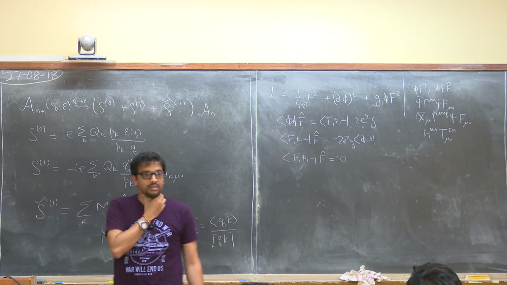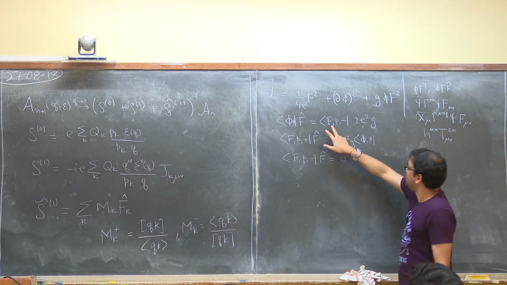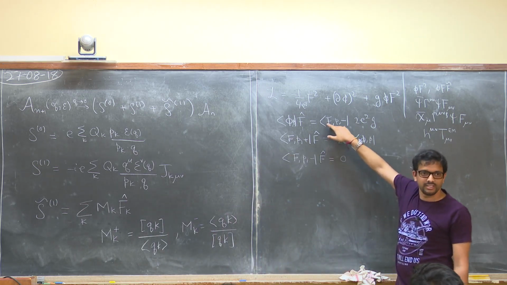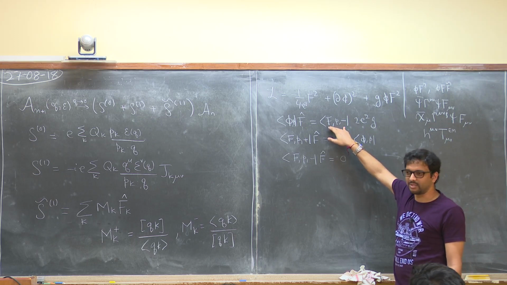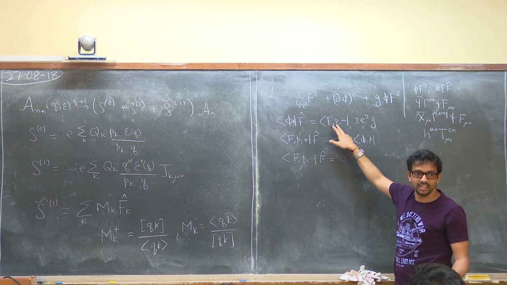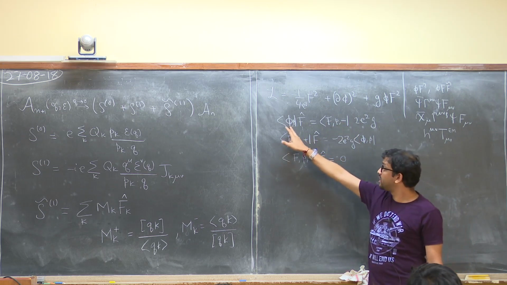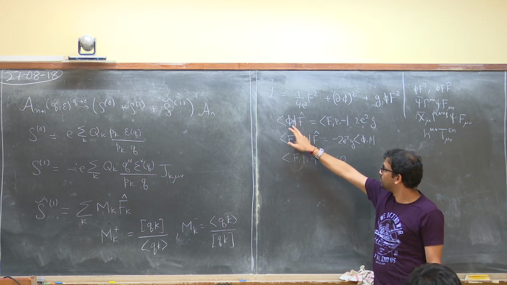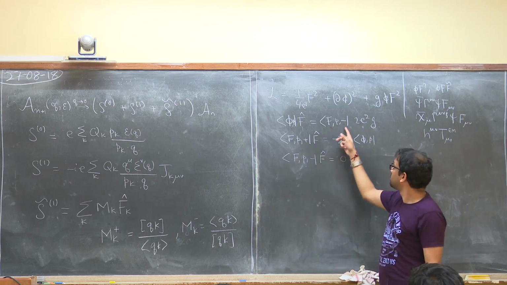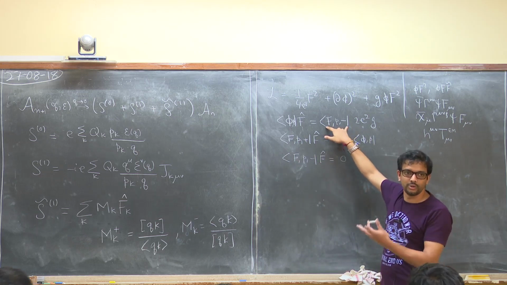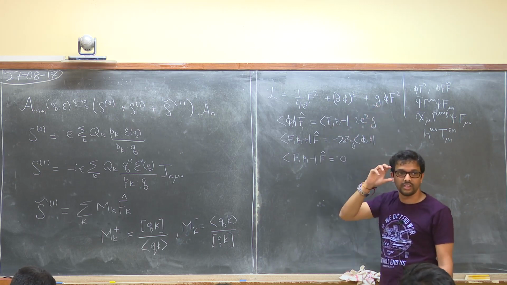So F is the field that creates the state. In this case, it's a photon, the field strength. I'm not writing A because it's not gauge invariant. P is the momentum of that state, and plus or minus is the helicity of that state. So this is a statement that a scalar state, which doesn't have any helicity, I should probably have written 0, when acted on with this operator F hat, gives you a photon with minus helicity. So this part we already knew using little group. It's just a matter of fixing the overall coefficient, which of course depends on the strength of that interaction.